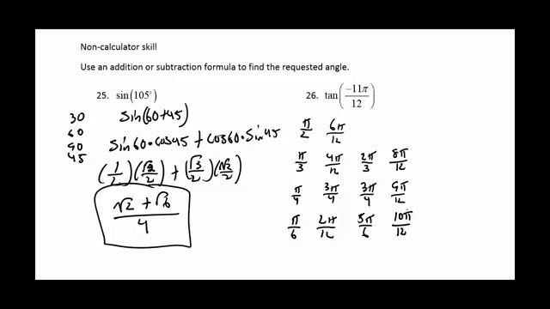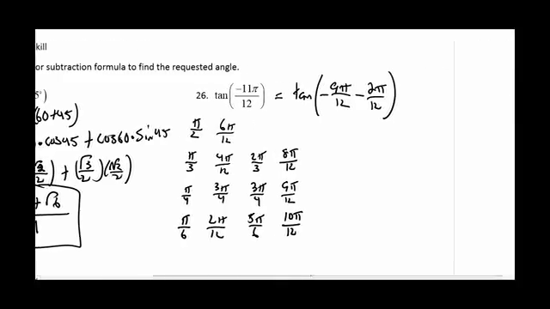How about I take, all right, so we'll do this. We'll do negative 9 pi 12ths minus 2 pi 12ths. And that'll give me negative 11 pi 12ths. Okay, now again, there's other ways to do that, but that's the one that I saw, so that's what I'm going with. So originally, that would be the tangent of negative 3 pi fourths,